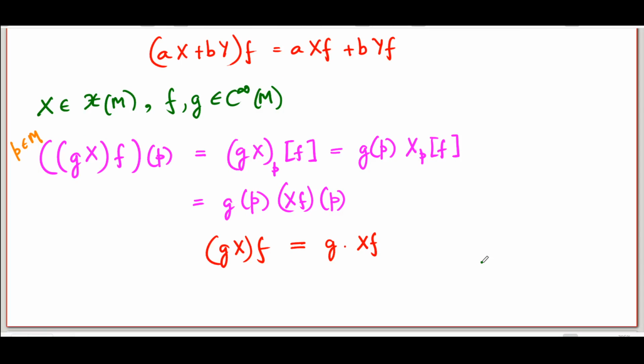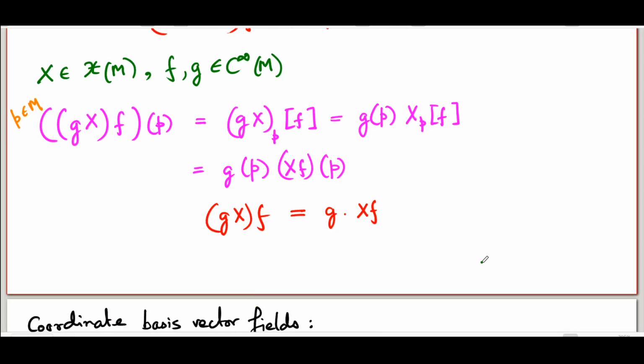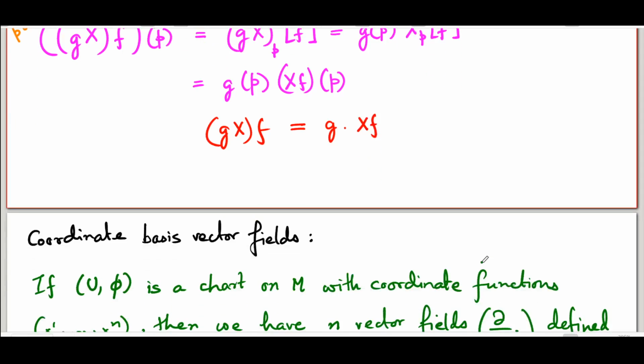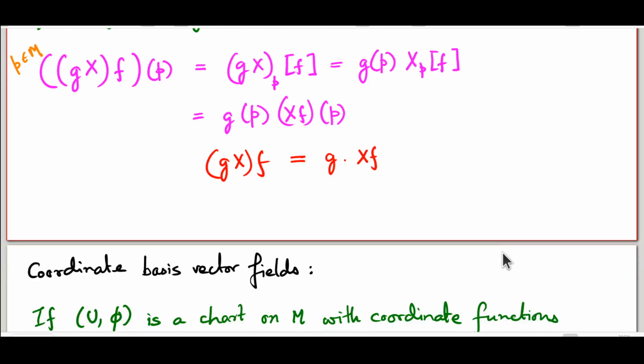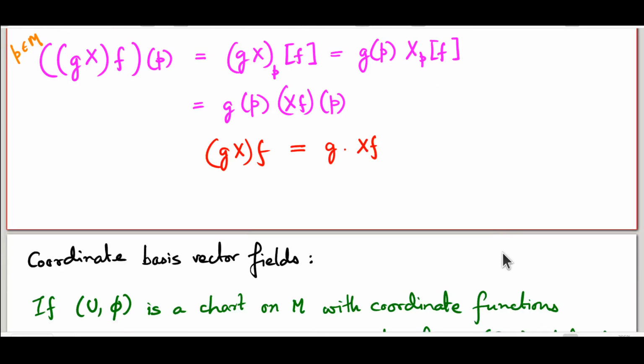We next turn to the fact that vector fields actually map the manifold or parts of the manifold into vectors stuck to those same points. And therefore, we should be able to describe these vector fields in terms of the basis vectors which describe the vectors at each point. Now, given a chart (U, phi) on the manifold M with coordinate functions x1, x2 up